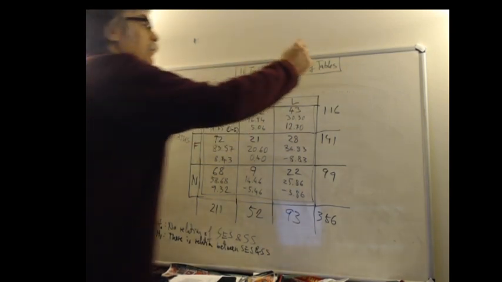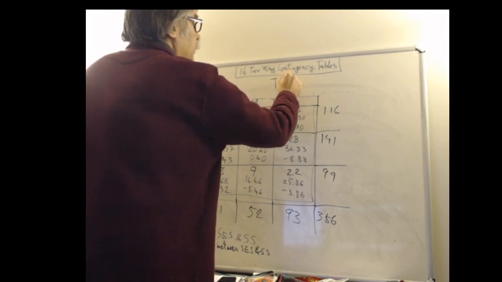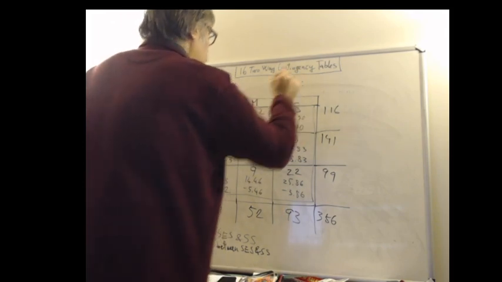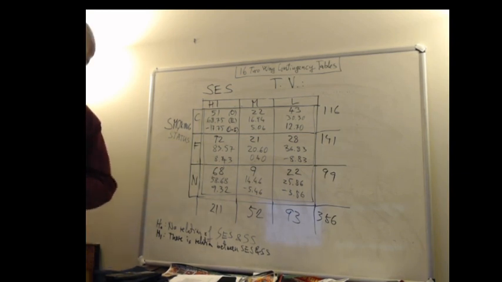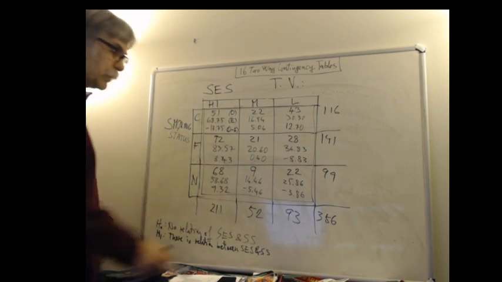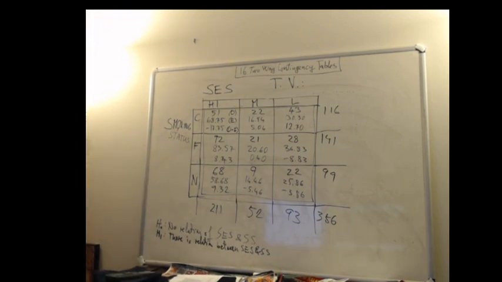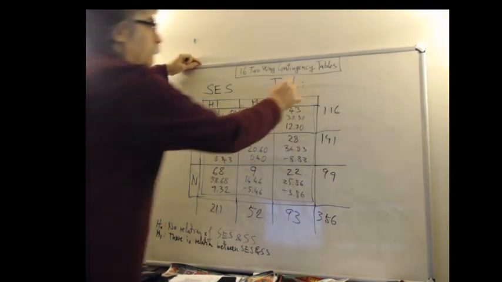The test value, I'm going to write everywhere. I'm not having enough space. So the test value is the Karl Pearson chi-square random value. The same thing we did moments ago. It's going to be the difference squared divided by the expected value. So it's going to be this guy,